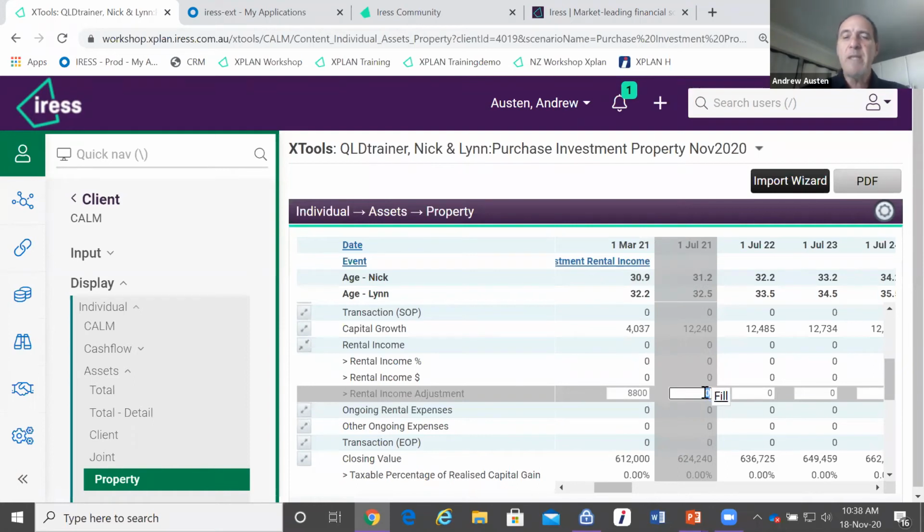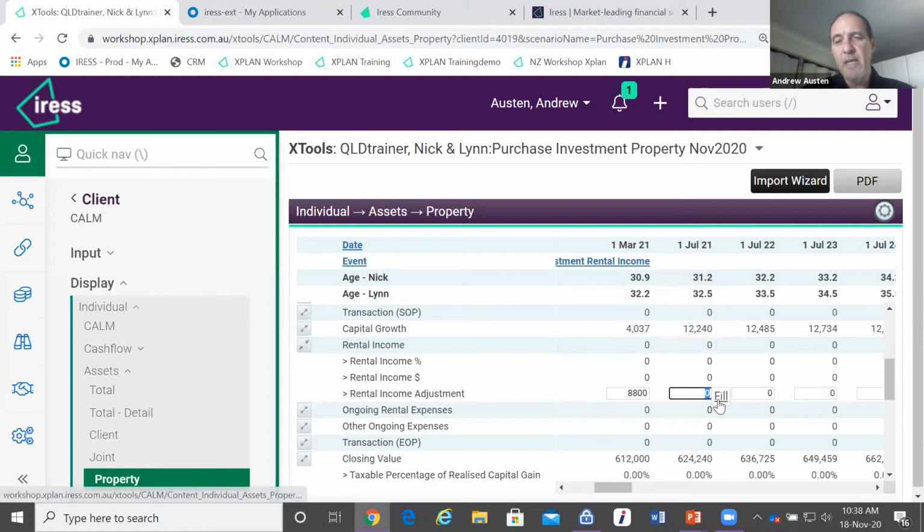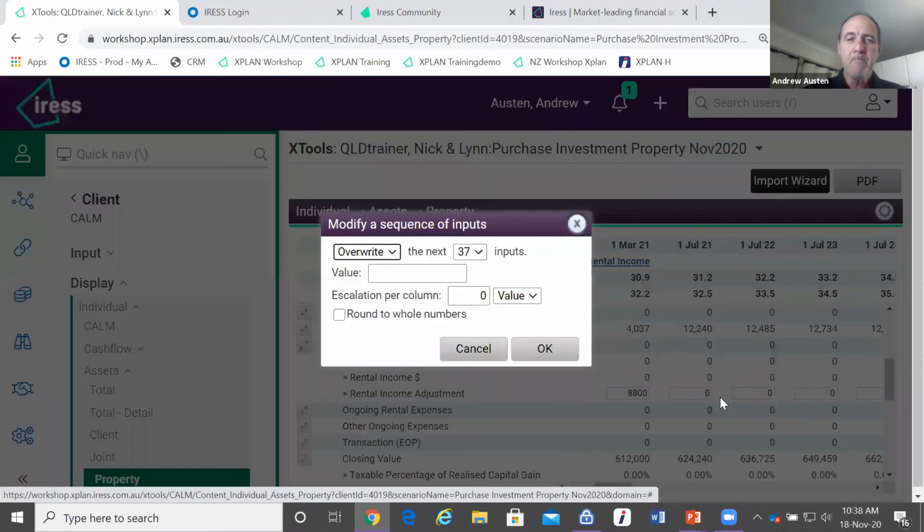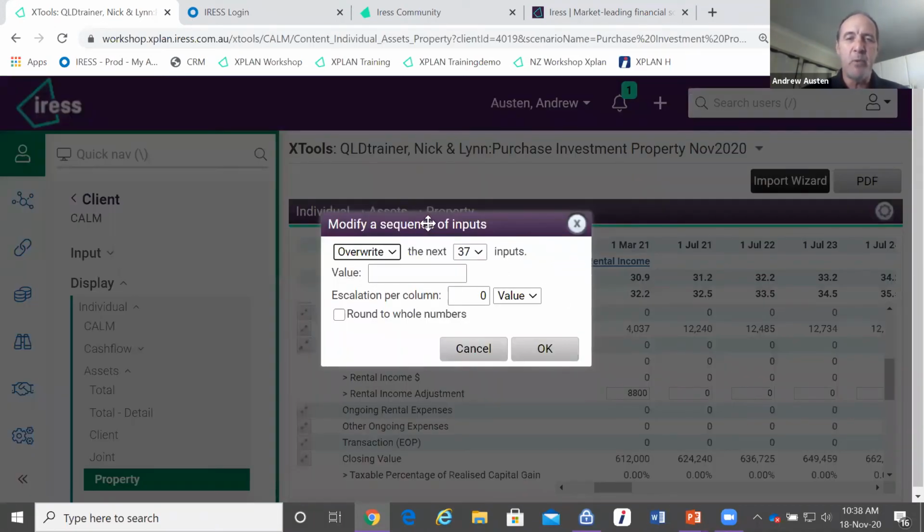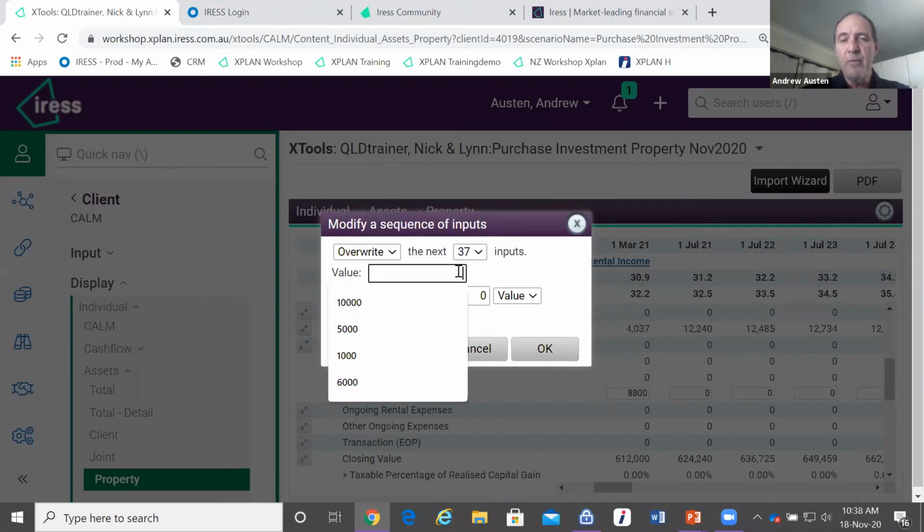What I can then do is go and put in what the rental will be then on an annual basis. But I don't want to have to put that in all the way through. And here's a subtle little thing to help you populate multiple fields. If you click on fill, that allows you to modify the sequence of inputs. So I can overwrite whatever is ever there. For maybe the next 37 inputs, we'll take him to age 67. And working out on the 2,200 a month will be, let's say,